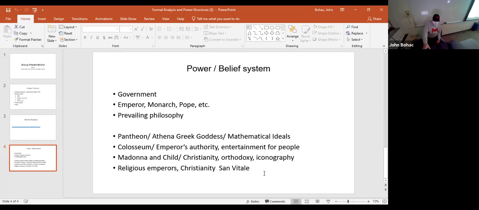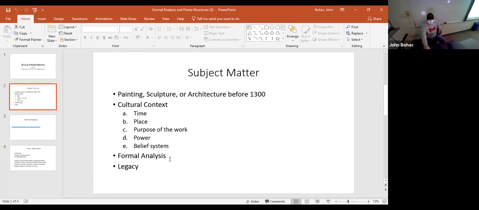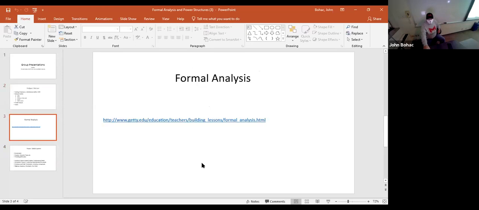And so I have another part of this too. Formal analysis. People have been asking me, what is formal analysis? I put this on the assignments page, but I also put it on this PowerPoint, and that is